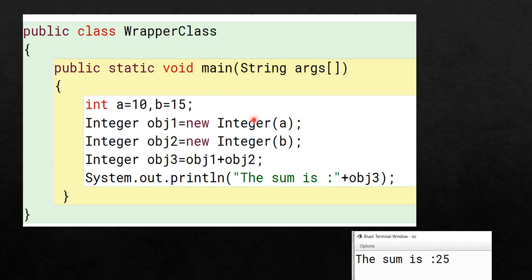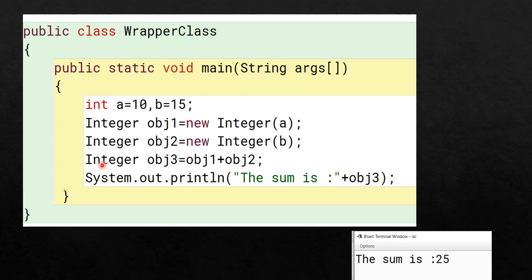Now the 10 will be stored into the integer object obj1. Second line again, Integer obj2 equal to new Integer(b). So the value 15, which is available in b, will be stored into the wrapper object obj2. Now there is a question whether we can do any calculation by using the object. Just like a normal variable, you can also use objects to calculate.